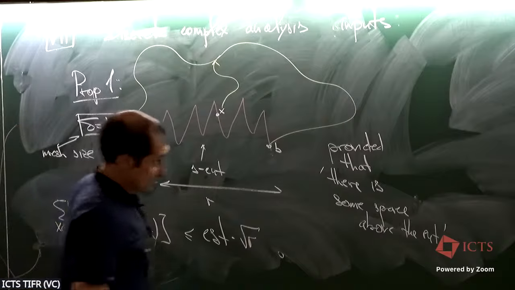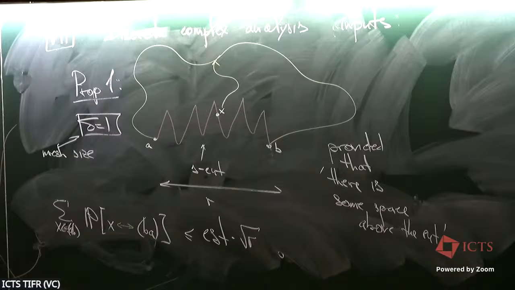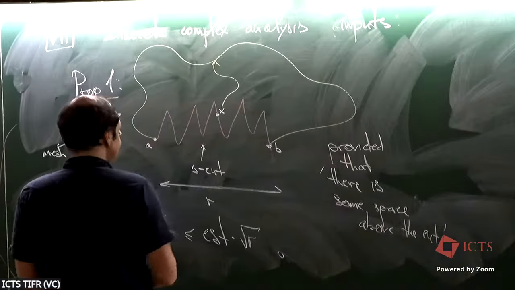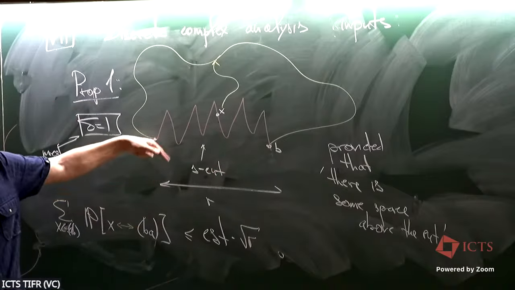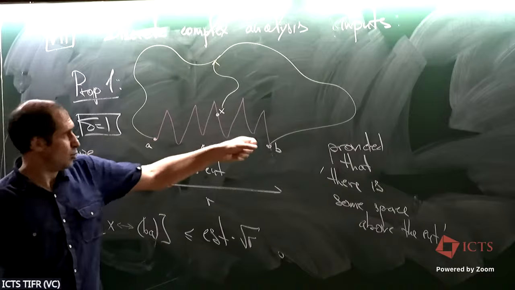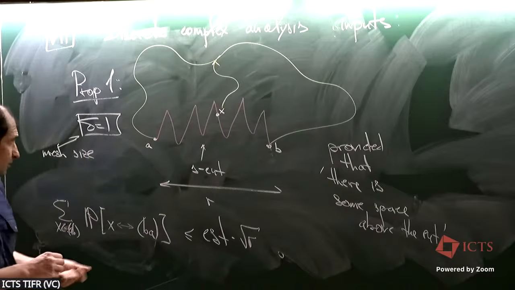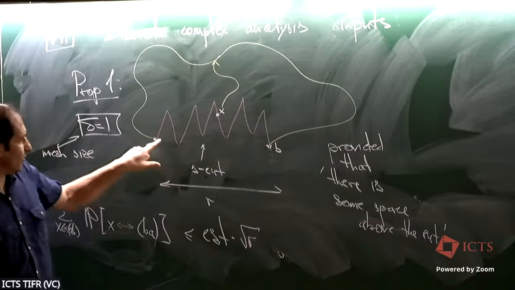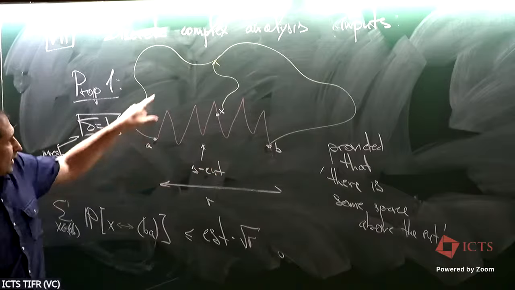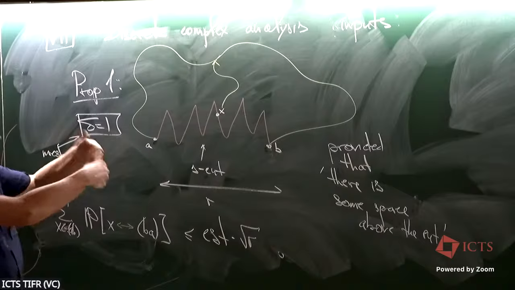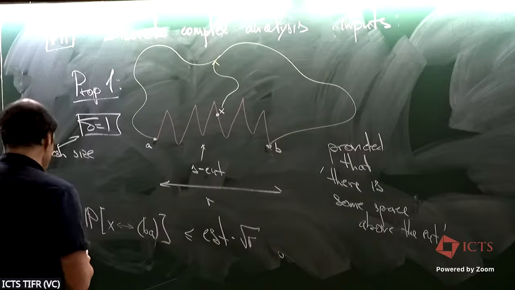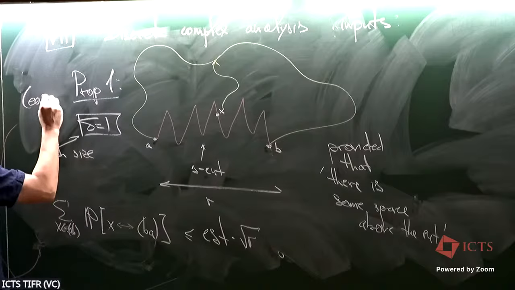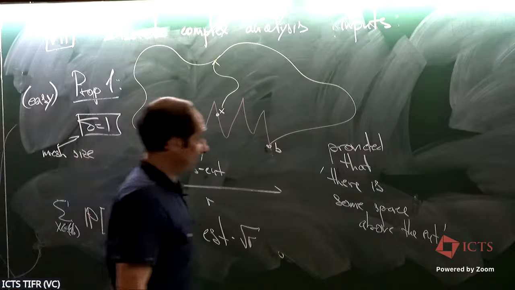So this uses positivity. So this is simple. This uses the positivity effect, and the fact that you can write that the sum of probabilities is comparable with the integral of f over the boundary. And then you deform the contour. Instead of integrating from A to B over the boundary, you can integrate inside. And then all the a priori estimates coming from discrete analysis will help you to prove that. This is easy.